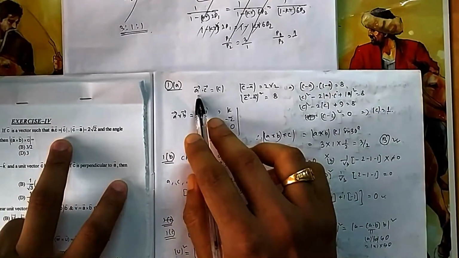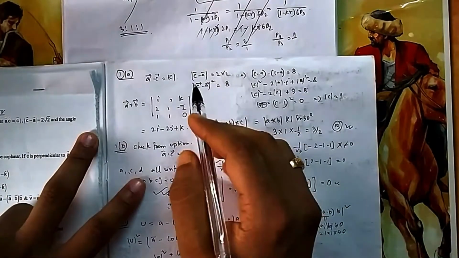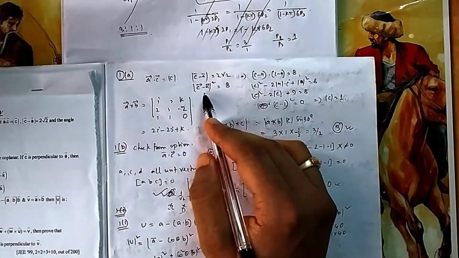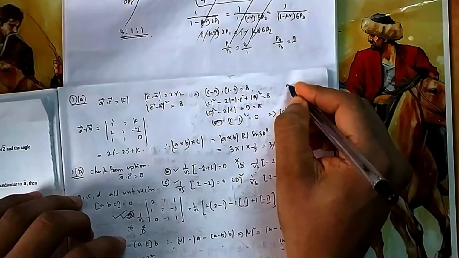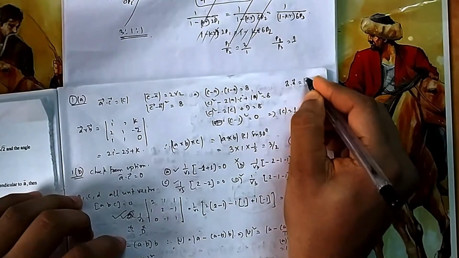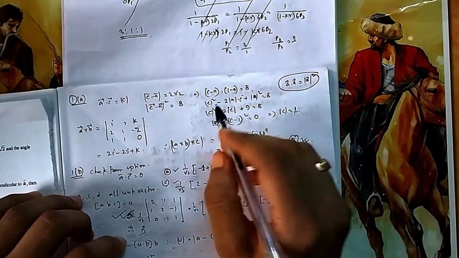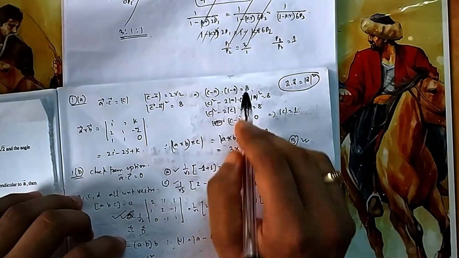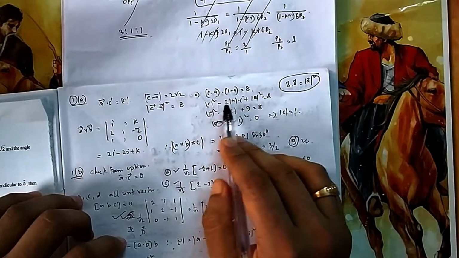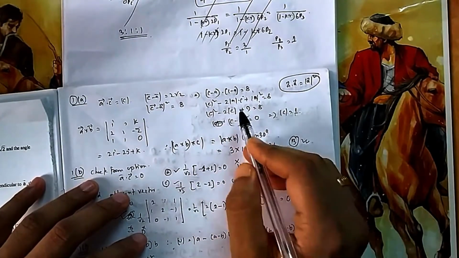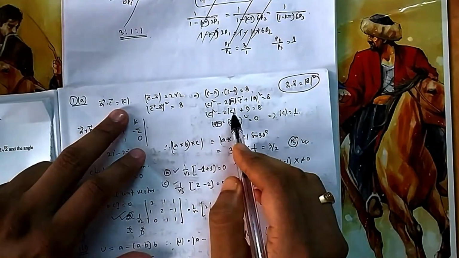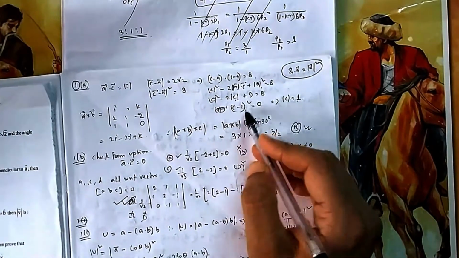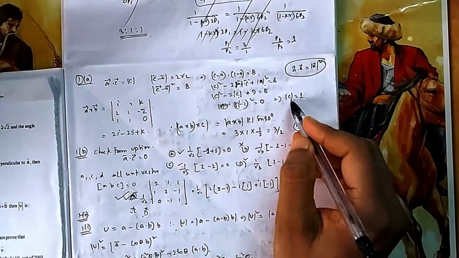What is given? A dot C is given as K, and this is given. So once the mod is given, we have already seen that this square is equal to 8. What is this square? This square was A dot A, and A dot A was mod A square. You remember this one, that will be very useful. We have already used this formula. So this square is nothing but this dot this, and if you do this dot this, it looks like A square minus 2AB plus B square. And A dot C they have already given. So it is C square minus 2C minus 1, that is C minus 1 whole cube magnitude. So the magnitude of C is 1.